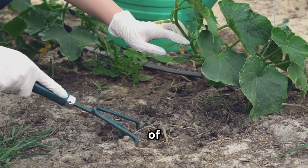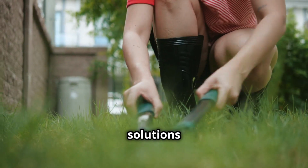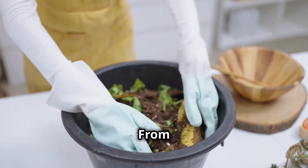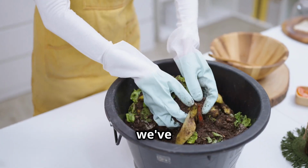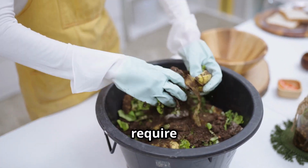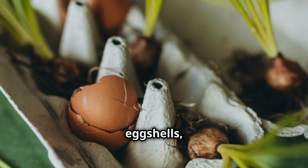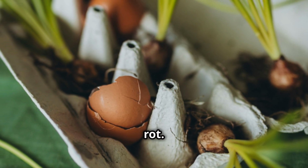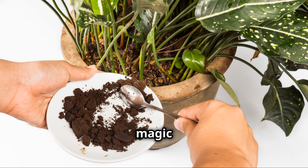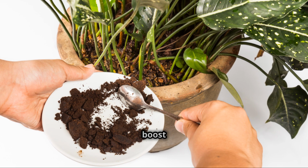As we've explored the world of unconventional gardening hacks, it's clear that some of the most effective solutions lie in the simplest of things. From repurposing kitchen scraps to embracing innovative watering techniques, we've discovered that a thriving garden doesn't require expensive products or complicated methods. Remember the power of eggshells, those tiny calcium powerhouses that strengthen plant cells and prevent blossom end rot. And let's not forget the magic of coffee grounds, enriching the soil with nitrogen and providing a welcome boost to